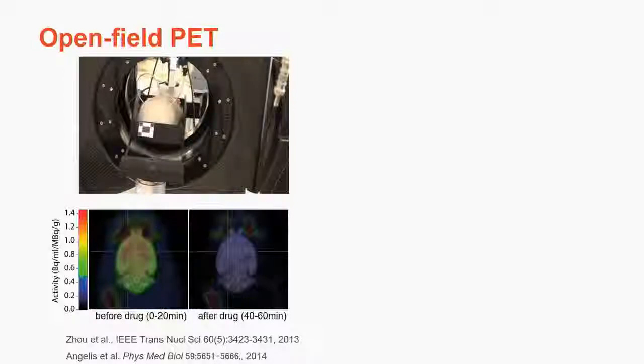And what you see below is, this is a C11 raclopride study. So this is an image of the raclopride study superimposed on an MRI template. And this is the first 20 minutes of the study. So you're seeing specific binding there in the striatum, as you would typically see. So these images have been motion corrected, and they're of a very high quality. This is the image taken during the period after a competing drug has been injected. So this is a drug that competes for D2 binding sites with raclopride, and you see extinguishment of the specific